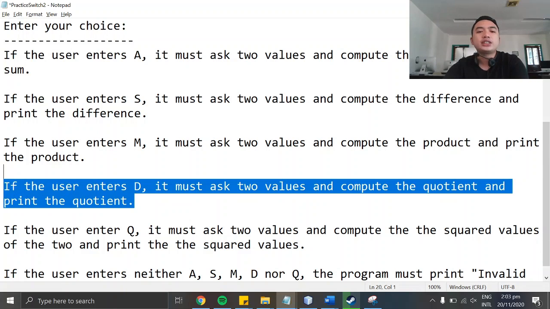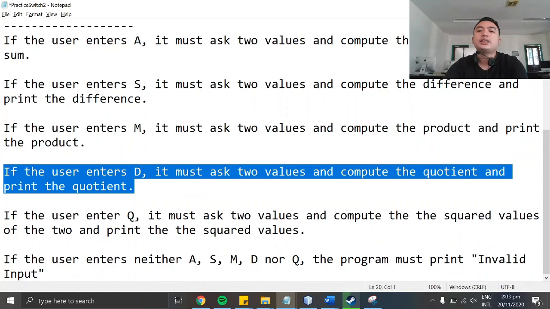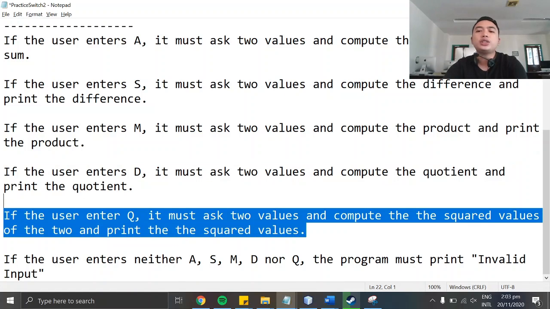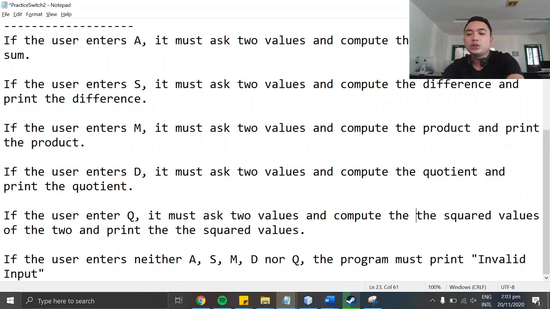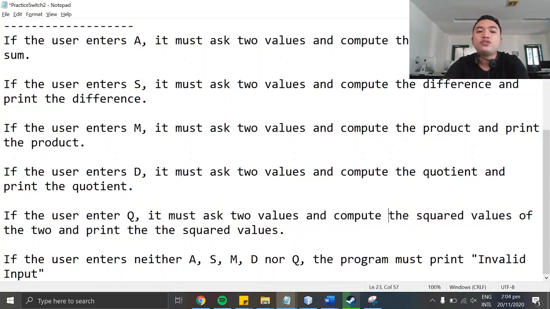If the user enters D, it must ask two values, compute the quotient, and print the quotient. If the user enters Q, it must ask two values, compute the squared values of the two inputs, and print the two squared values. If the user enters neither A, S, M, D, nor Q, the program must print invalid input.